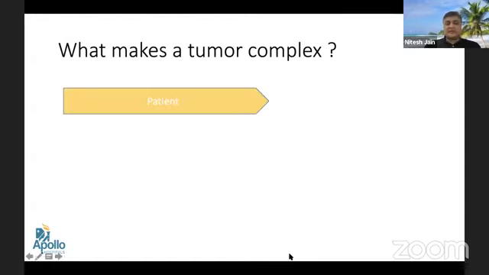There are various factors. First of all, it is the patient factor, like patients having various comorbidities like diabetes, hypertension, patients having some cardiac issues, patients taking medication like anticoagulant or antiplatelet. That all can make a surgery complex. The risk of anesthesia can increase, but the tumor per se does not change. Conditions like diabetes, hypertension, sometimes can increase the adherence of the fat or the Gerota's onto the kidney, and it may make the dissection